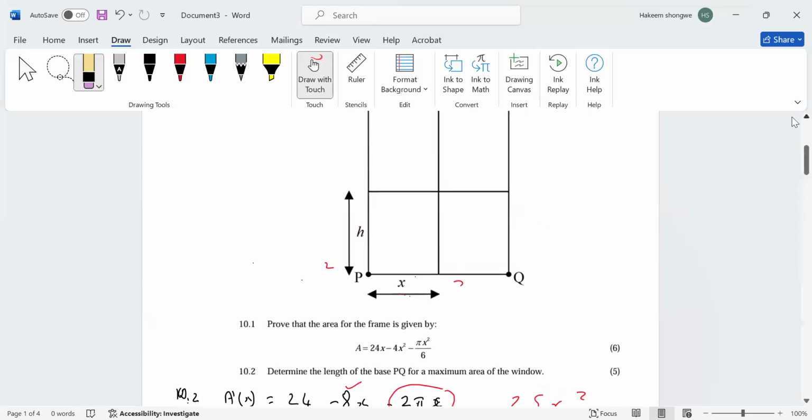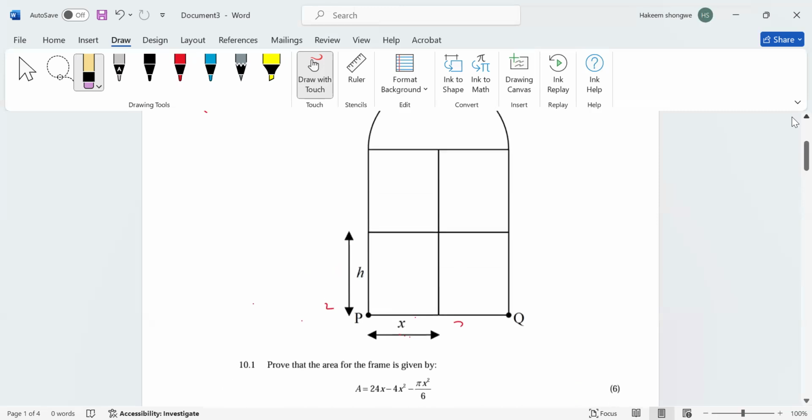Sure. Oh, so ladies and gentlemen, let's analyze the diagram again. If you look at this diagram, this is a rectangle made up of 4 smaller rectangles again, and then a semicircle on the top again. So now if I analyze this diagram, I find the perimeter of this thing is going to be given by